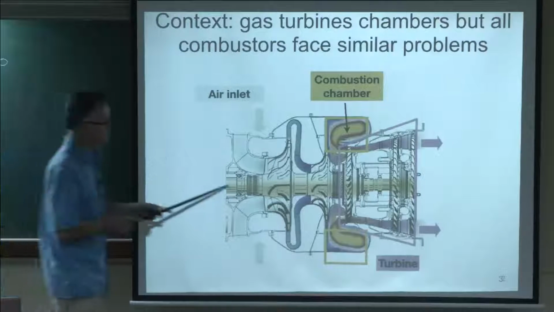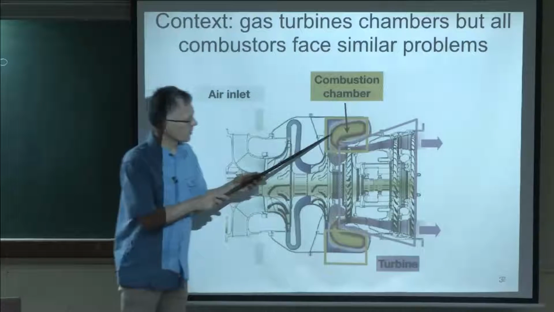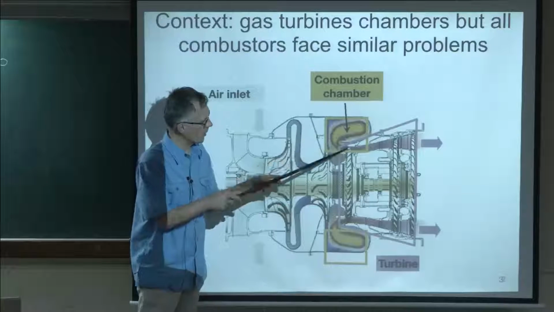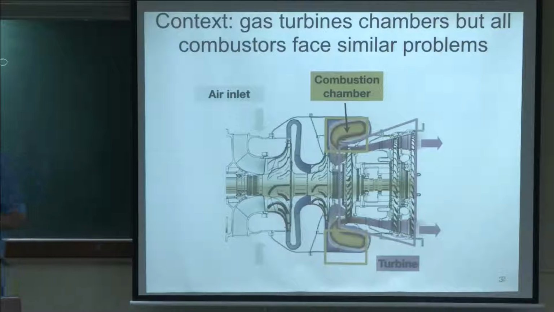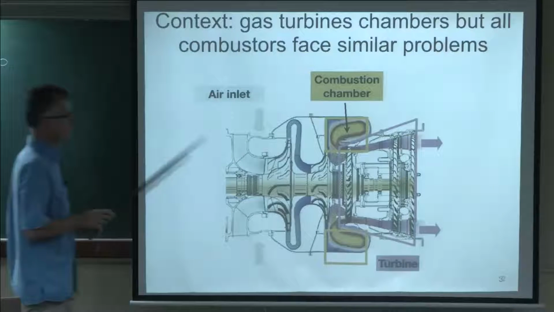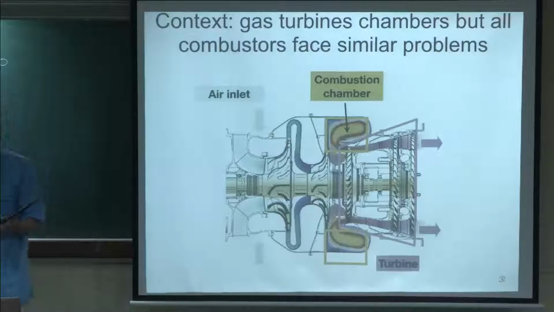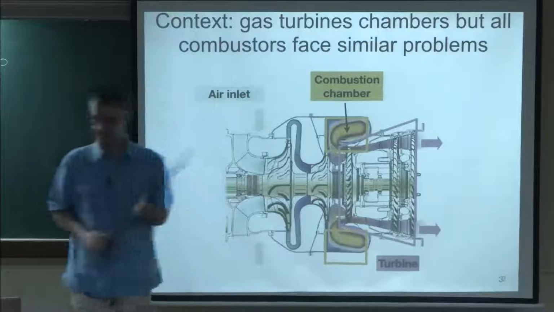If you increase the pressure in the compressor, you increase the temperature. If you increase the temperature, you increase the temperature everywhere, including on the walls and on the turbine. And that's actually where the combustion chamber plays a role. The combustion chamber is not there to allow you to increase the efficiency, but it should not stop you from doing that, which is a different point of view.